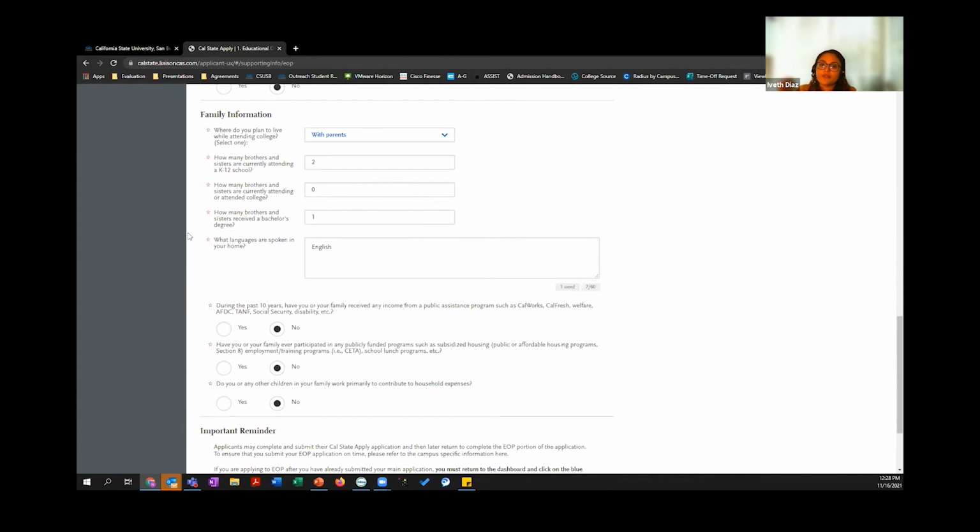So for all intents and purposes, we utilize the definition of a first generation college student as being the first one, obviously, in the family to attend college, but this does not include siblings. So if your siblings do attend college, including four-year university, and they do graduate, if a parent or guardian has not graduated from a four-year university in the United States, then you would still be considered a first-generation college student